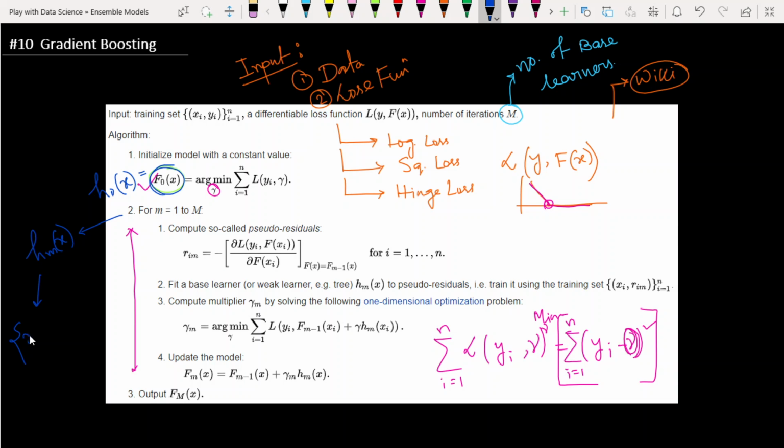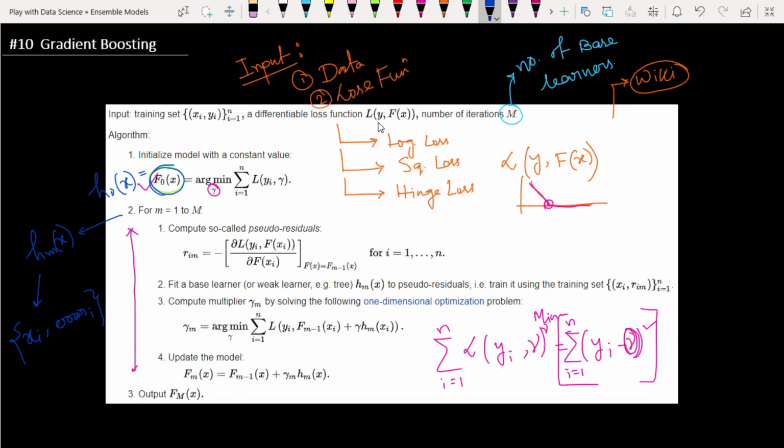Using the data sets that look like xi and error i, and this error i is coming from our previous stage. That's actually how the boosting technique works internally. Now here, instead of the plain boosting technique, we are using the gradient boosting technique, which means we are using the gradient